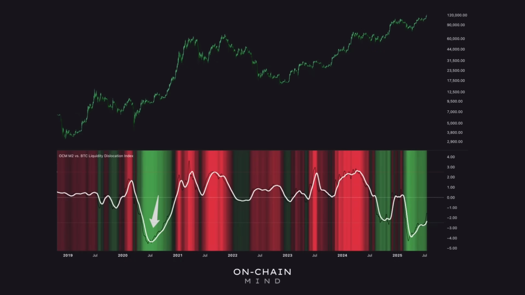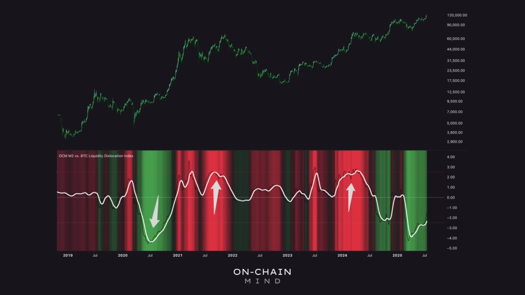We saw this play out perfectly during the COVID liquidity stimulus, when liquidity was pumping hard, but Bitcoin's price stayed steady for a while, and we saw what happened next. On the other hand, red means Bitcoin's year-over-year performance is outperforming compared to global money supply growth. This has shown up a few times as Bitcoin's explosive price growth has far outpaced liquidity for that particular stage